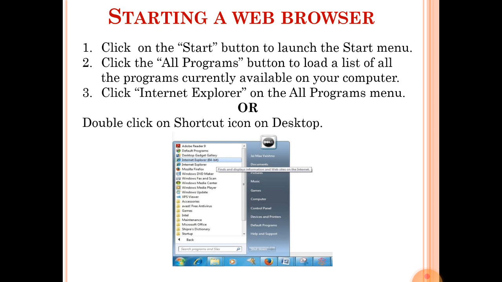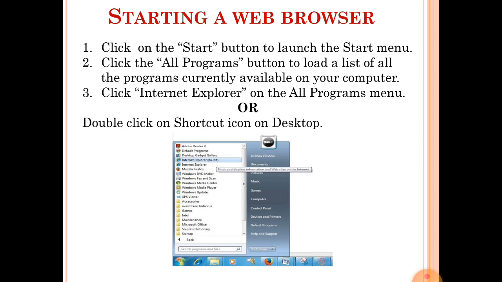After that, click on the all programs button to list all programs currently installed on your computer. Then click on Internet Explorer in the all programs menu, or you can open any web browser. You have Google Chrome, Mozilla Firefox, or Opera. Any web browser that you have installed on your computer system, you can open by clicking on the start button, then all programs, then the browser.